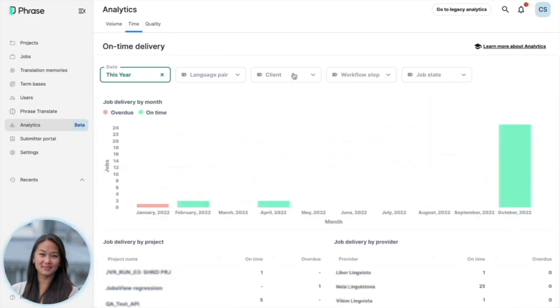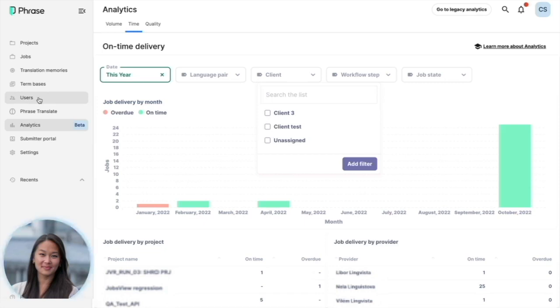And some last things worth mentioning. Some jobs haven't been assigned clients. In this case, you can filter by unassigned, and it will show you the jobs that don't have a particular client assigned. And at last, you can also define the access rights to the analytics dashboards under User, where you